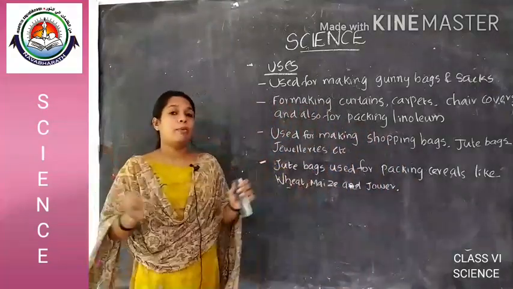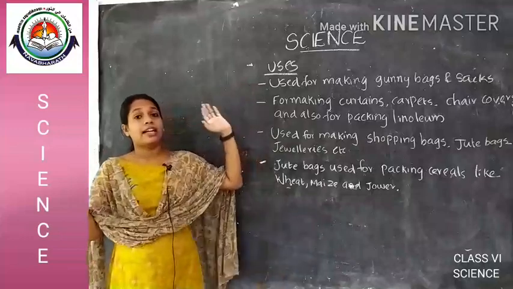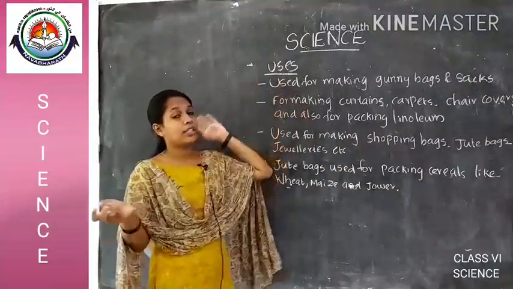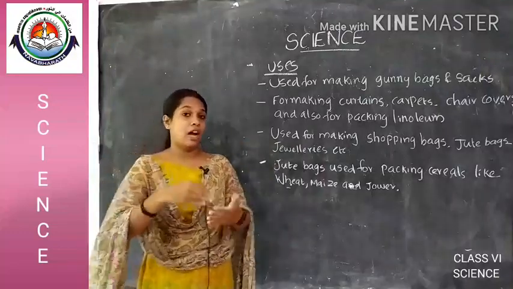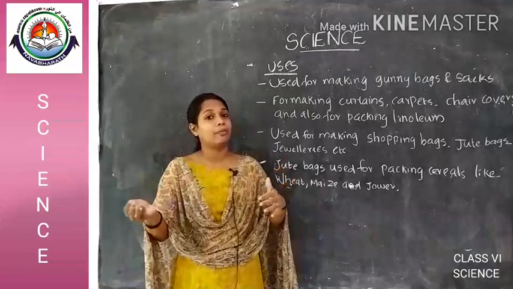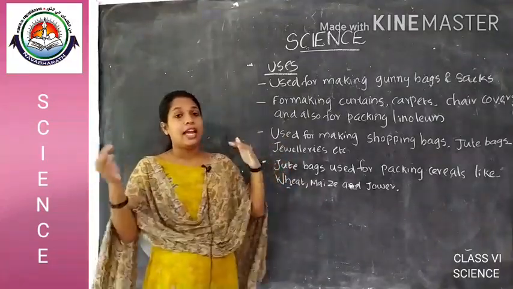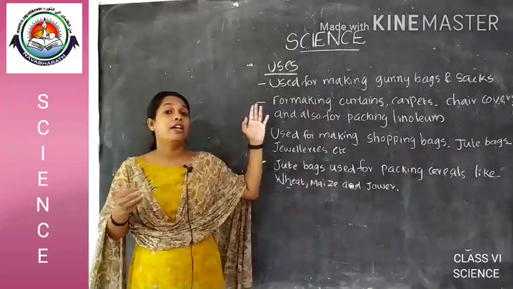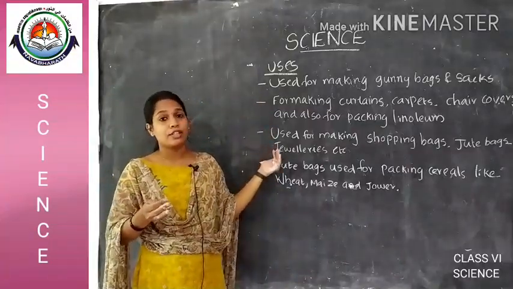So these are all about jute. Today we discussed jute and its cultivation. Jute is the most important fiber obtaining plant after cotton, and it is also called the golden fiber. And how to cultivate jute, that we have discussed, and we also discussed the uses of the jute fiber. Okay, is it clear to you?